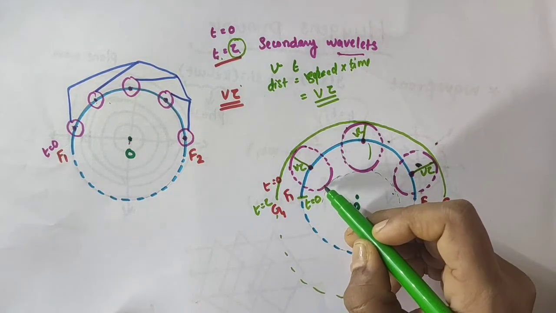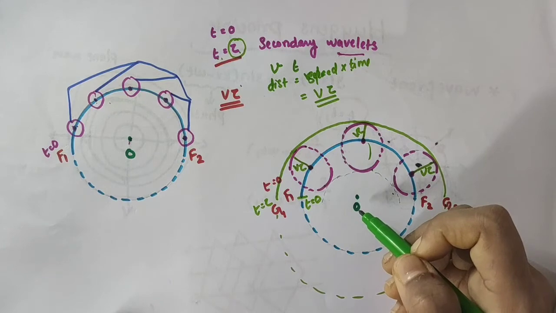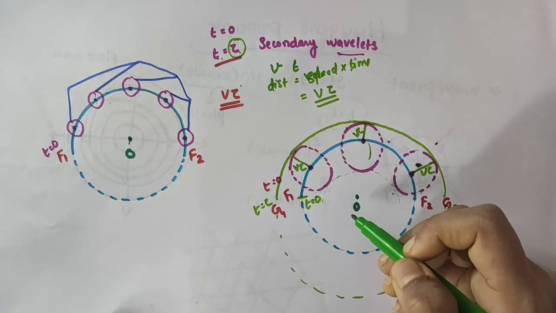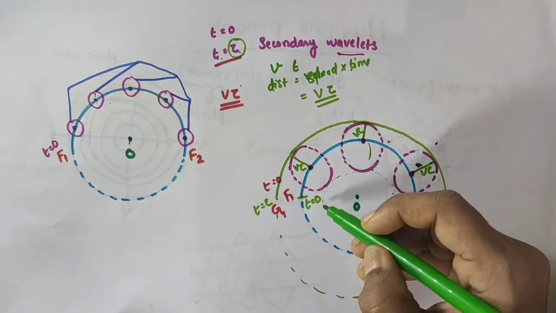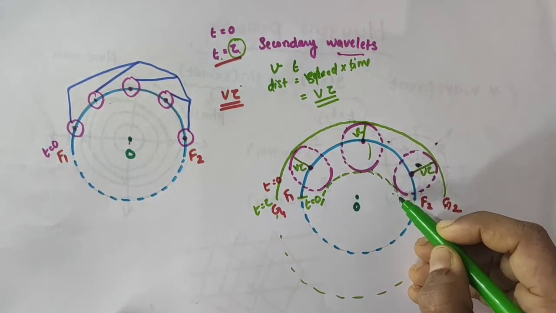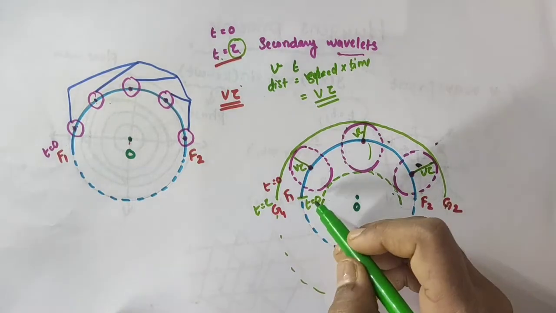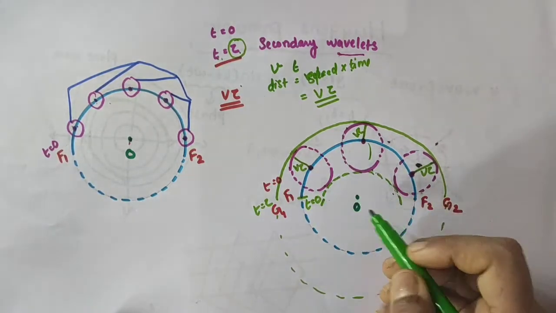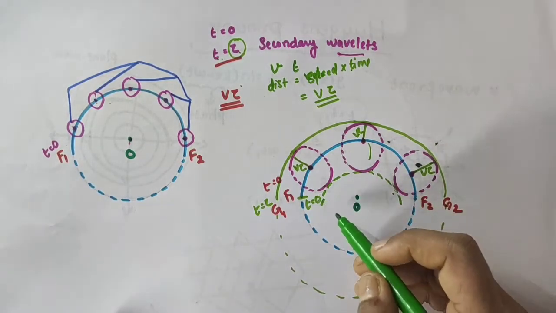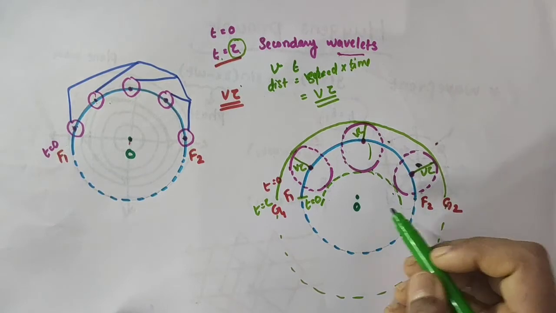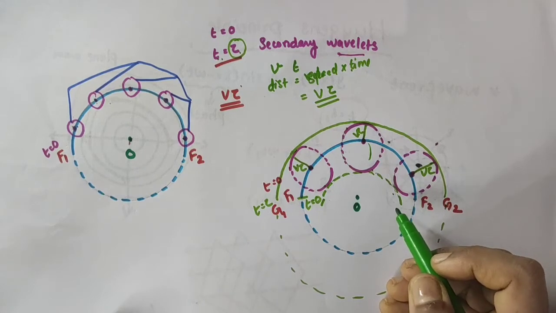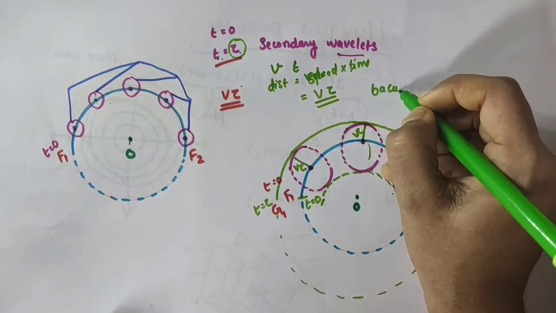This portion is actually away from O, and this portion is actually towards O. So, if we draw a common tangent here, I'm just drawing it with a dotted line. I will explain why I'm using a dotted line here. This dotted line is the common tangent to all these spheres when we consider these portions. So if we draw a common tangent here, we get a wave like this, which can be called a back wave.